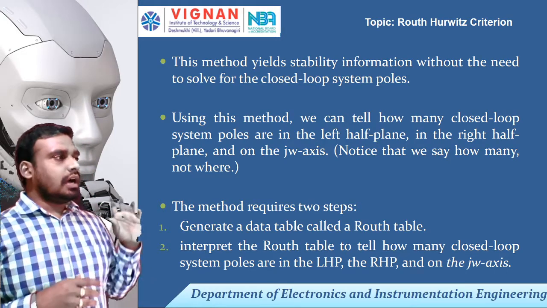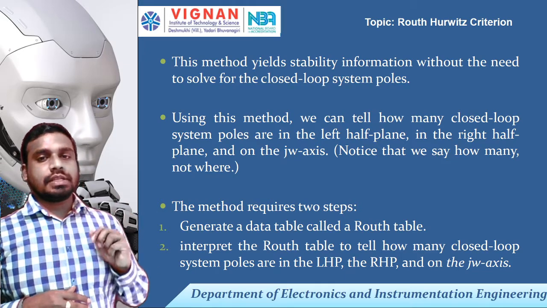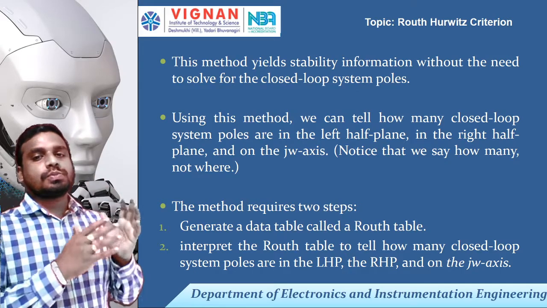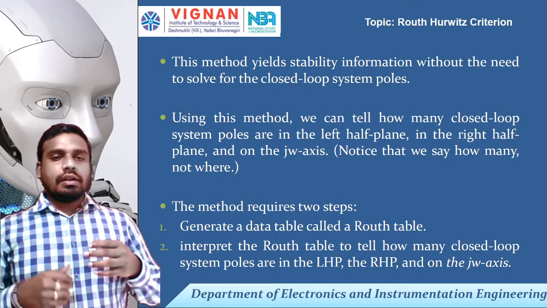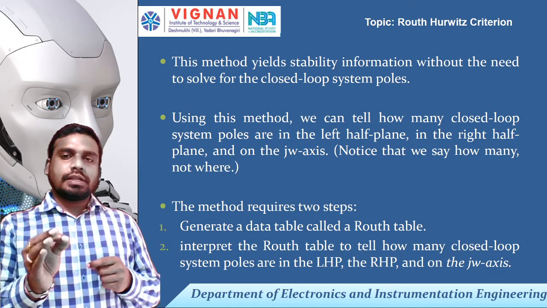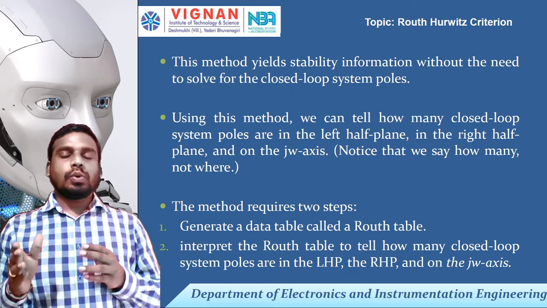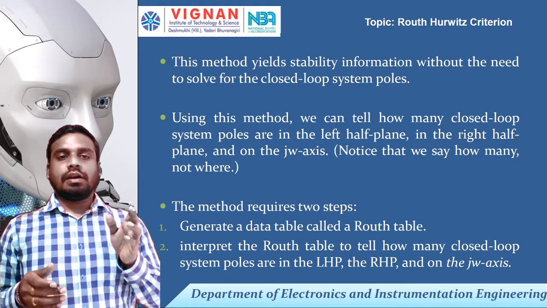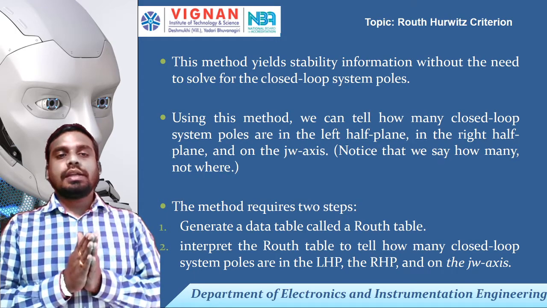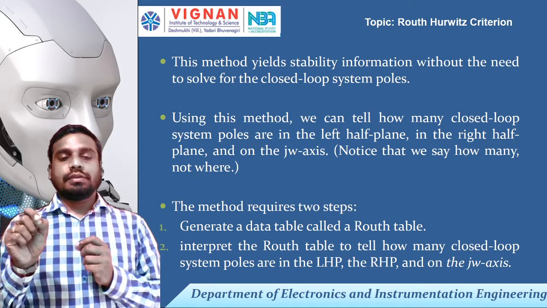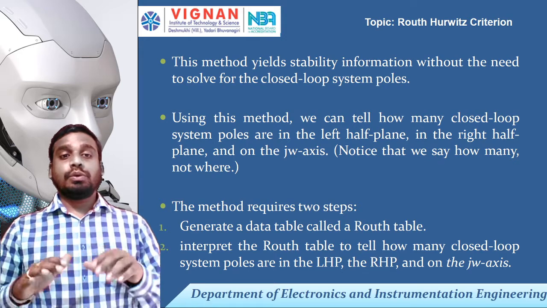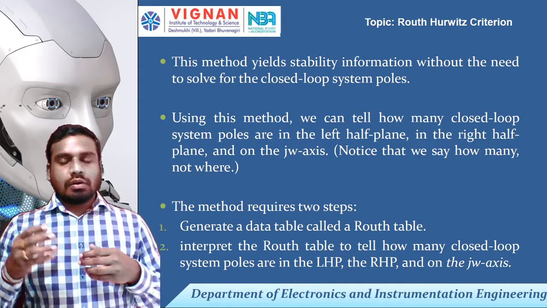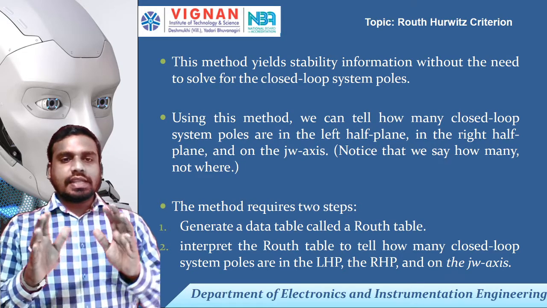It is basically a method to estimate the stability of closed loop systems. One basic problem in this method is that we can just tell the pole location, in the sense of whether it is in the right half of the S plane, the left half of the S plane, or on the imaginary axis, but we can't tell the exact location. We can tell it is lying on the left half of the S plane, but we don't know where exactly.